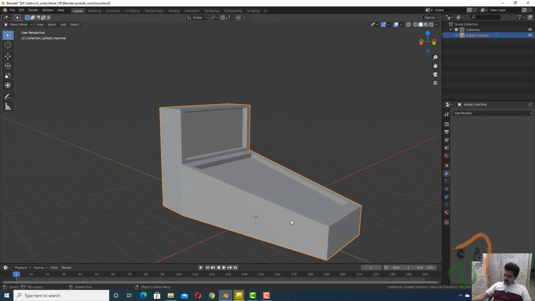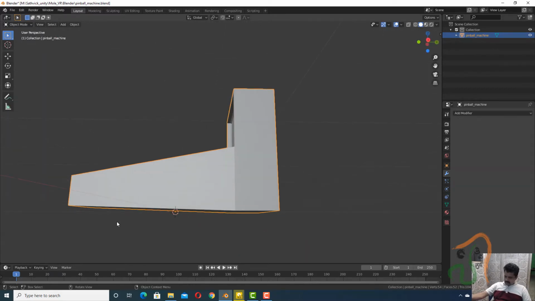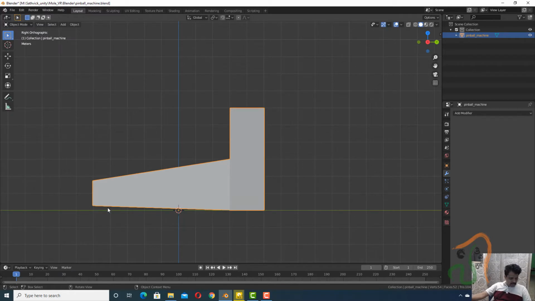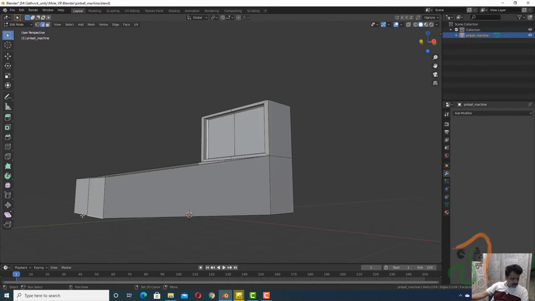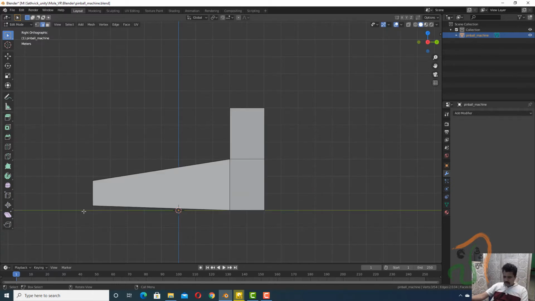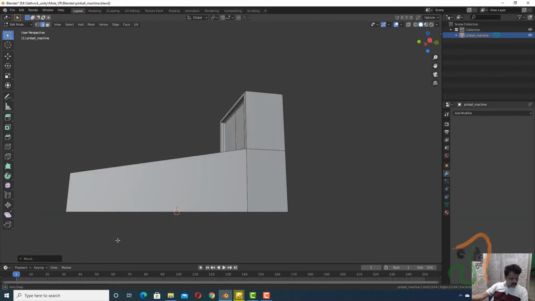Now come to front, press 3 and come to side view, and this is actually on the flat surface. If you look here, this is slightly going above, so press tab here and select the edges. One second, let us turn this, select these two edges here, then come to left view, press G, and along the Z axis move it down and make it straight like this. Okay, so this is now fine.